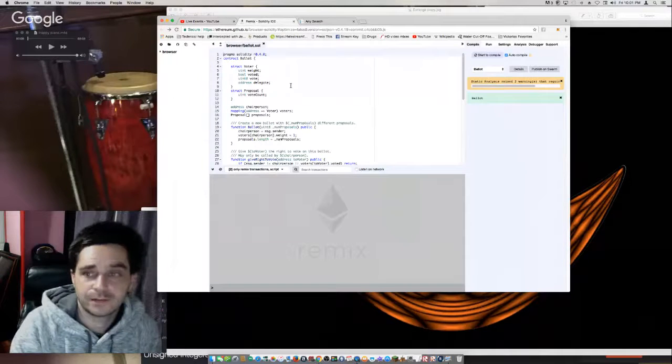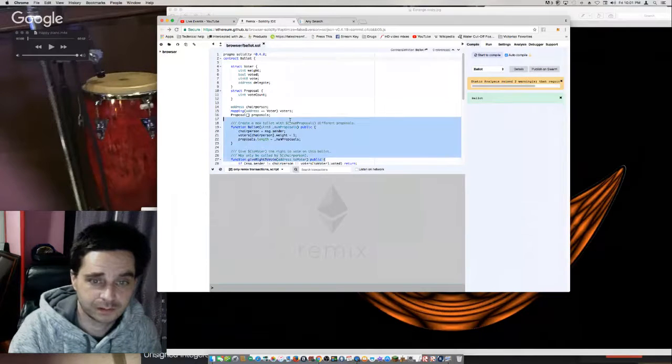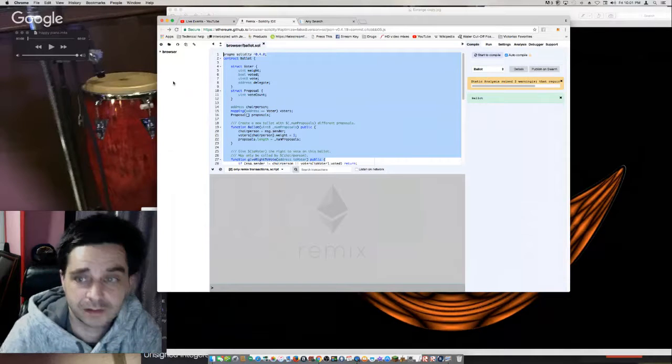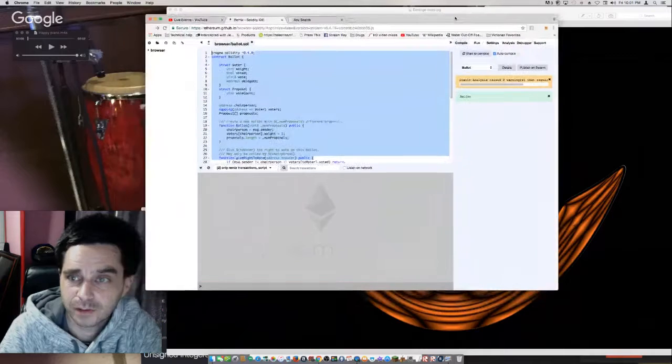Solidity is the programming language you're going to be writing smart contracts in that run on the Ethereum blockchain, at least. And you could do it all right in a browser, and it not only writes the contracts, but it's got